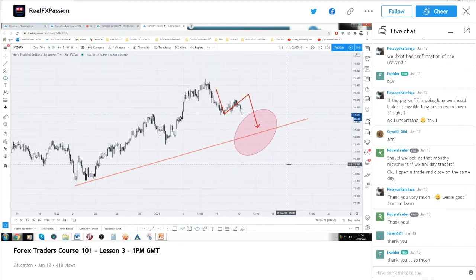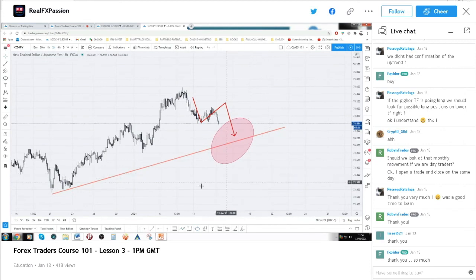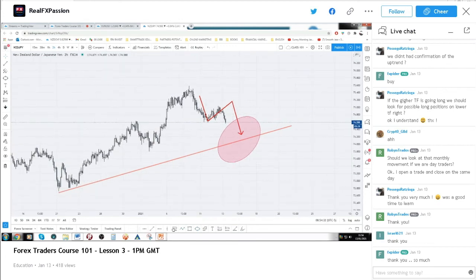As a beginner trader, there is a great chance, starting from today, right? What I'm going to do most likely as a beginner trader, when the market comes near the uptrend line and does something like this, what are we going to do? Most likely, right? If it doesn't break the uptrend, look for a buy, says Pesego. Great answer. We are going to buy the market, and the market is going to do something like this,